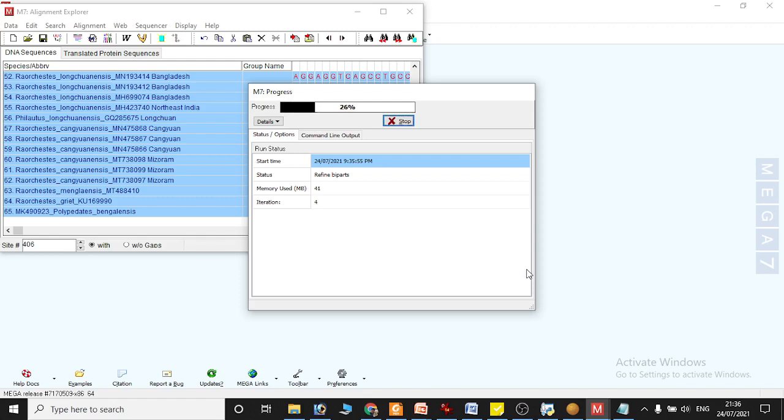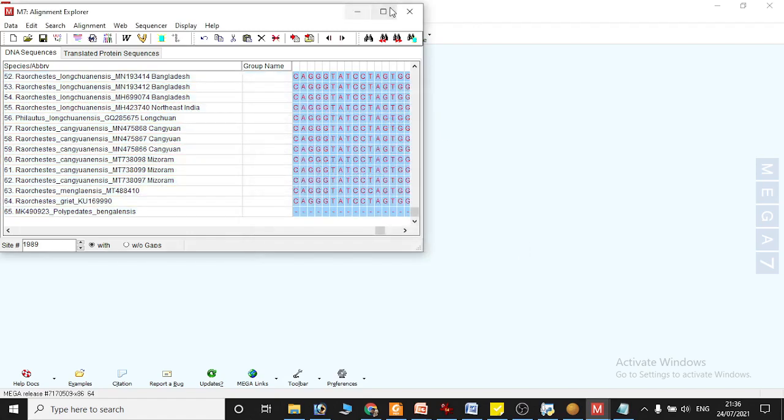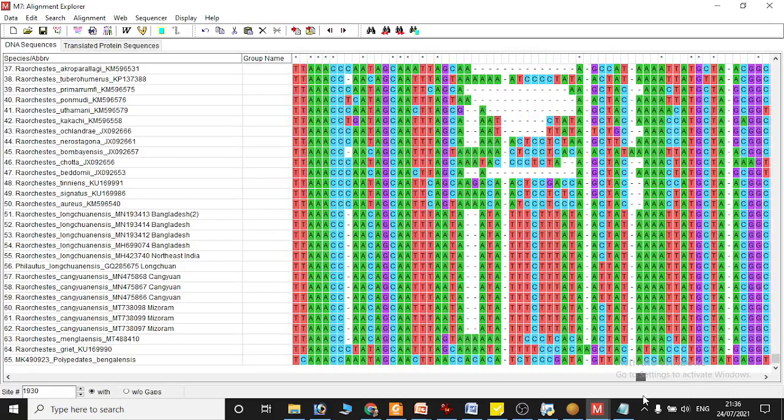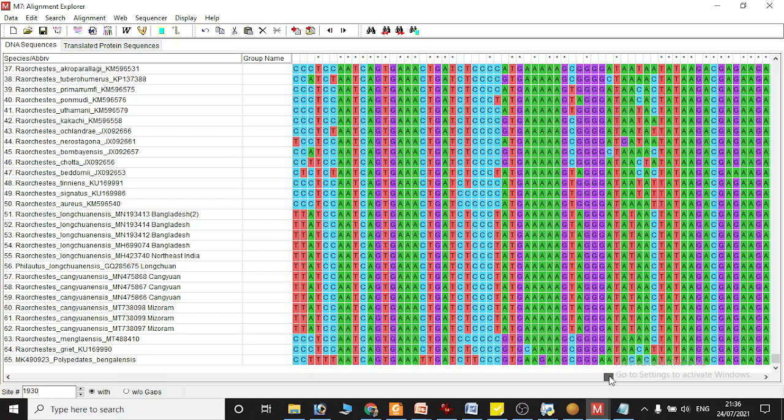I'll also try to show you why I think your data has some wrong, maybe not so good genes. If I go like this, you see lots of these things. Here it is okay, but maybe for one species some insertion may be there.